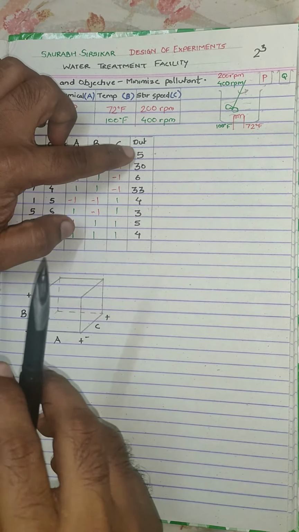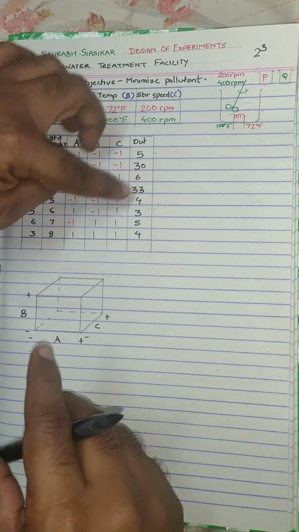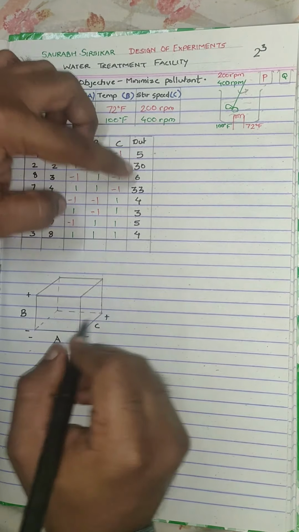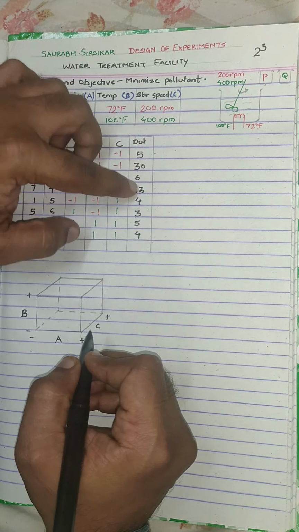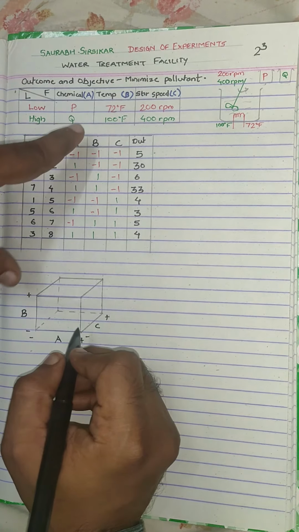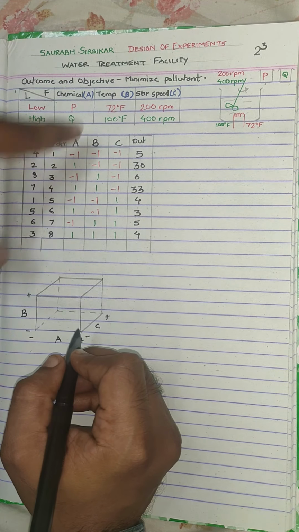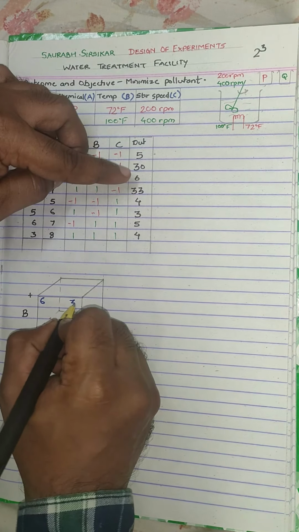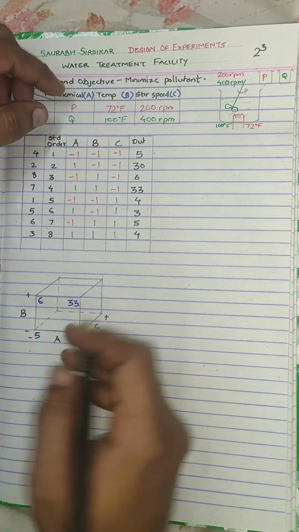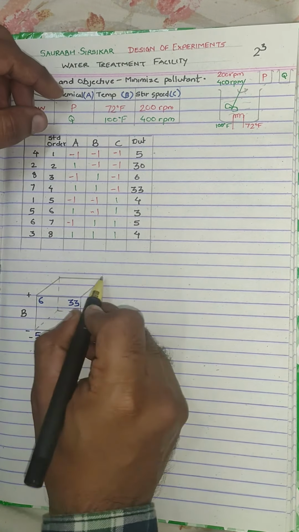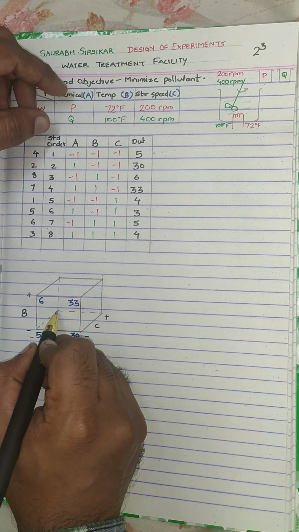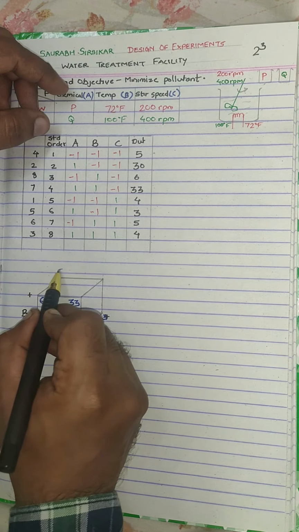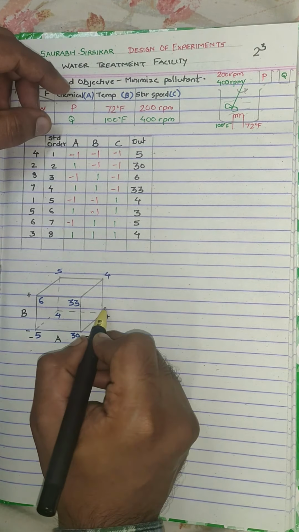Now we have to complete the cube plot by putting all these readings of outputs on the cube plot. So I will go like this, 5, 30. You can simply follow this sequence which I am telling if you conducted the experiment in the standard order. So 5, 36 and 33. Now I will go to the back face. Okay, so on this back face, for this vertex I will write 4, 3, and this is 5 and this is 4. Okay, so yeah.